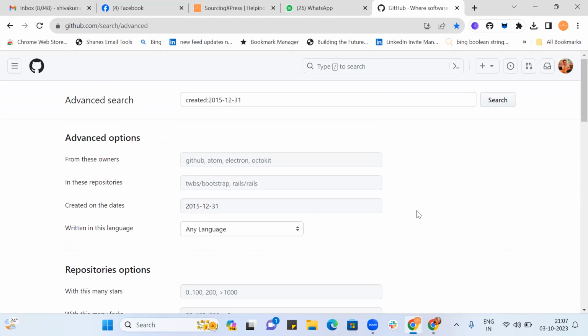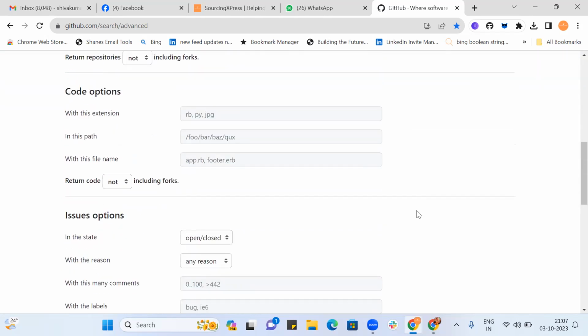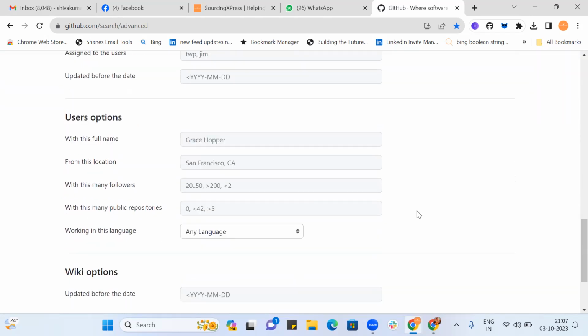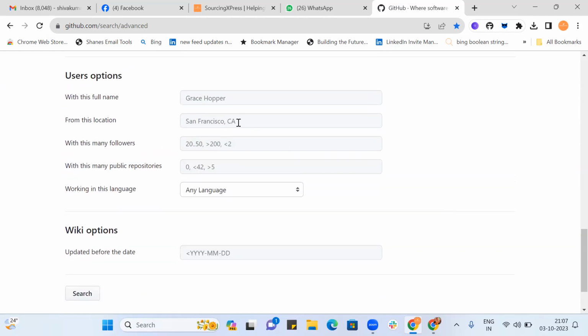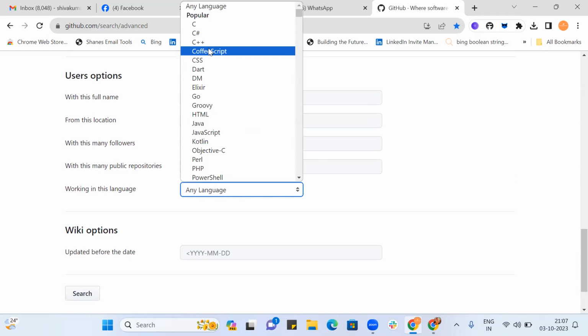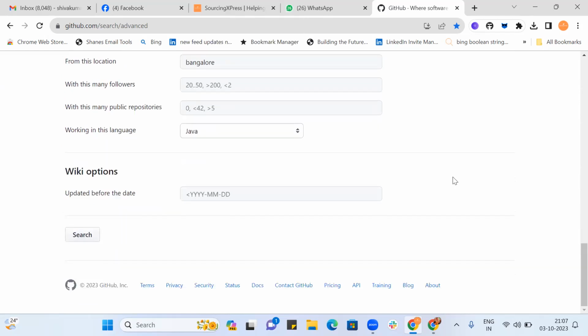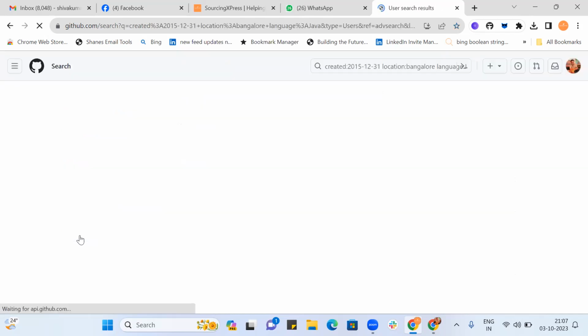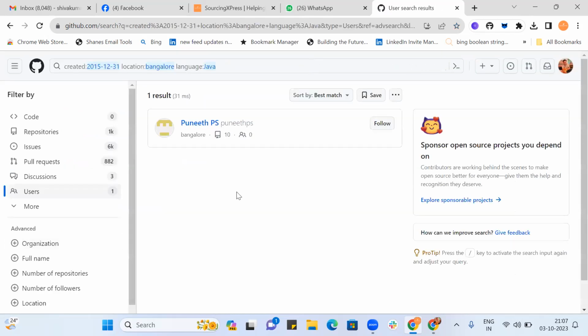So here we have created, then we have anything in the user option: Bangalore, working in Java, then now search. Okay, so only one result because we have given an accurate date,